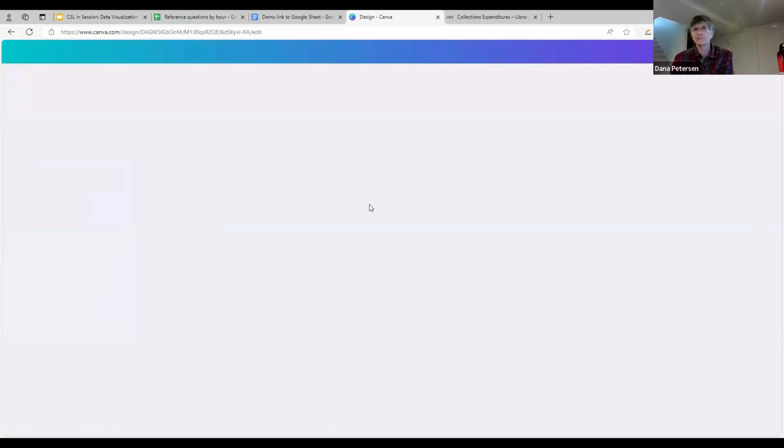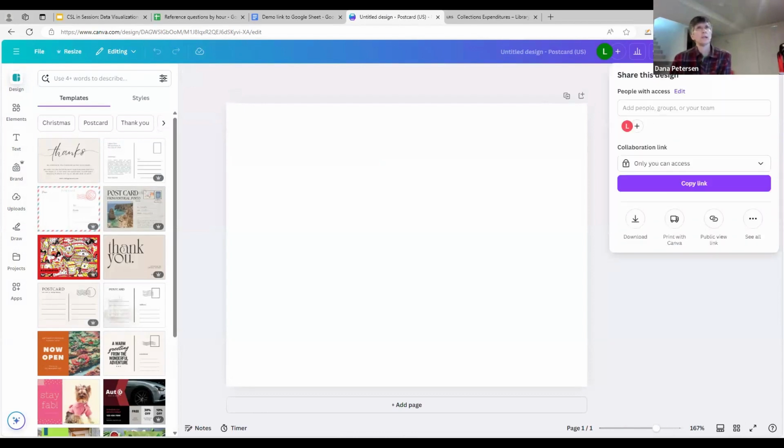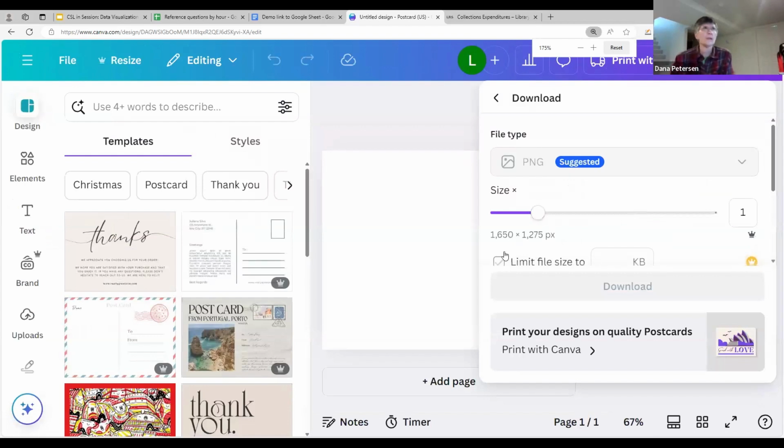So I'm going to choose a postcard for my template to start. And if you noticed, that postcard size, it gave us the size. A little over 5 inches by a little over 4 inches. Think of a postcard. When it comes time to share this document, download this document, say you're going to go print-centric, we all know the share button, although it used to be called download, I'm pretty sure. I'm going to go with Christine on this. Why do they have to change those? When you get to download it, you get this size option here. I wonder if I can zoom in on that a little bit. And all of a sudden, you're now being given these things in pixels.